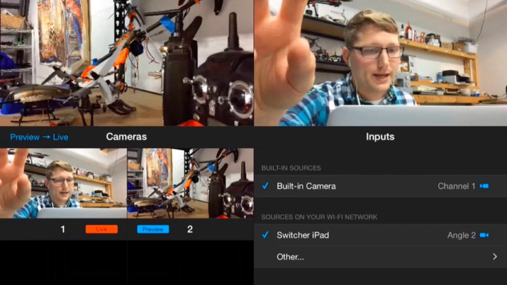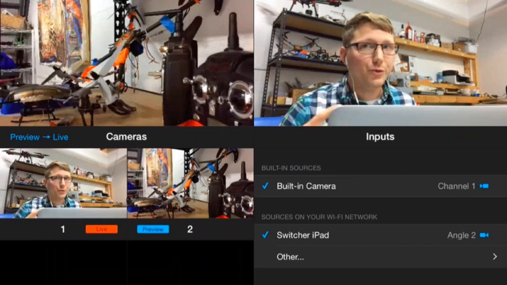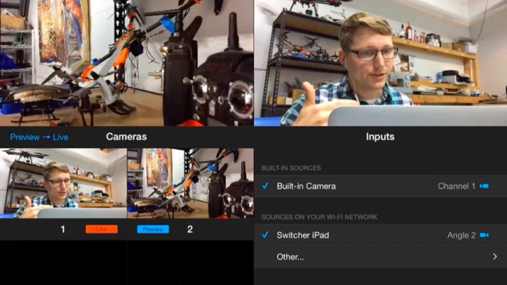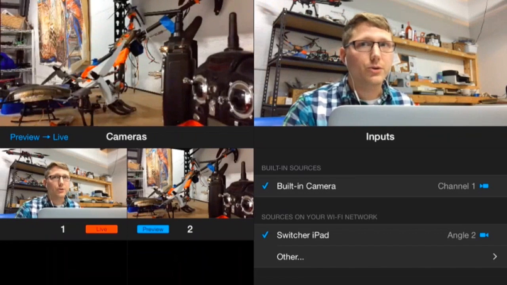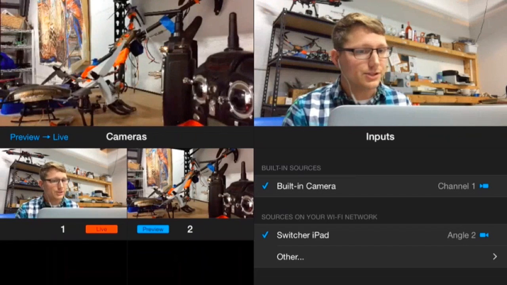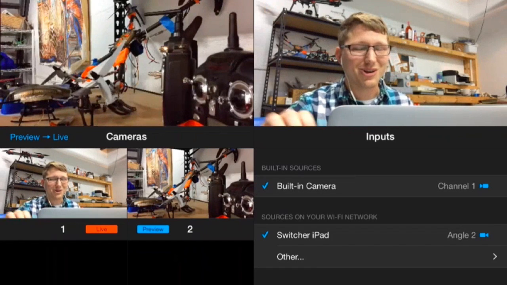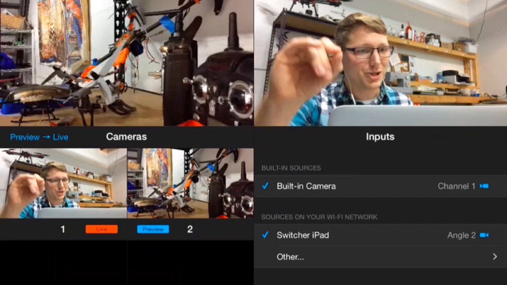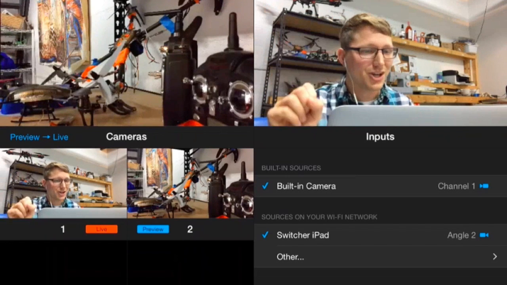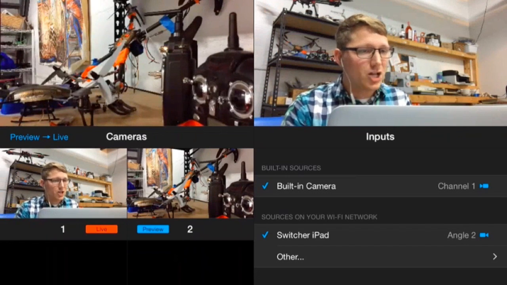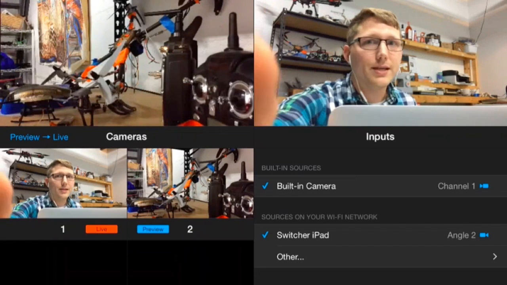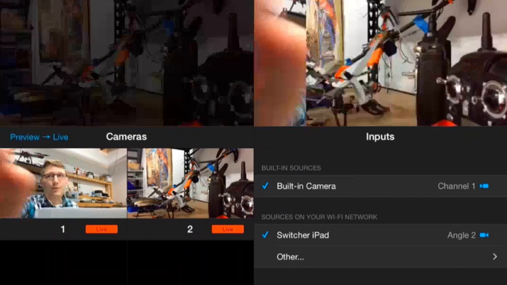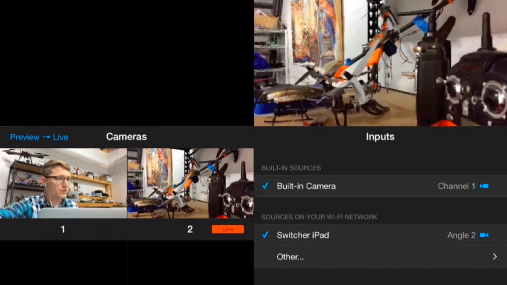The top left pane is the preview pane. So this is where you can queue a source, and you can see that video before you push it to be recorded or to be sent out to your viewers. You can also use the preview panel to build compositions. So you may have seen, I'll come back to this in a second, where I queued up a 2-up or a picture-in-picture. You can build and layer those elements in the preview window before you push them out to your viewers. And then we have the preview to live button that we push that moves it to the top right pane,